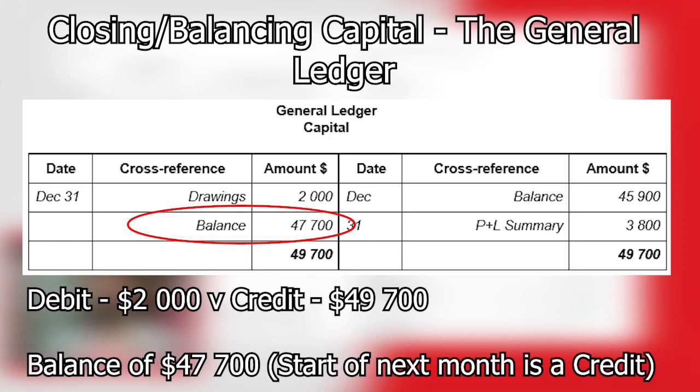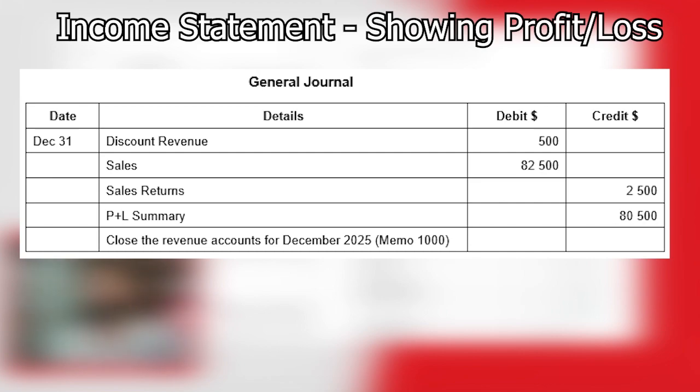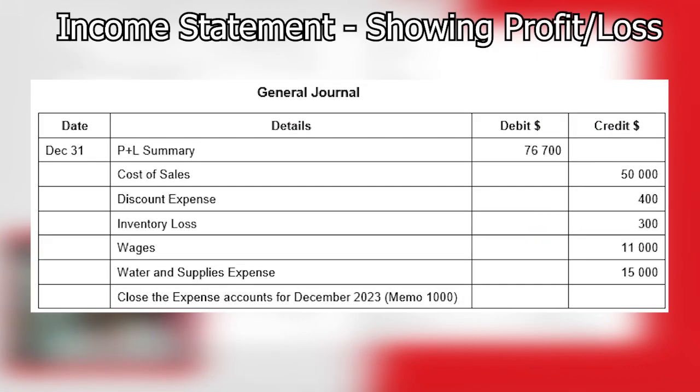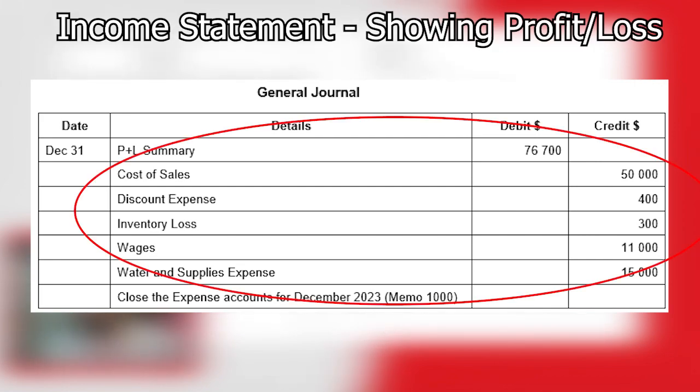So, what does an income statement look like fully formed? So you've got the sales revenue, discount revenue is all the information that will go in that revenues section, and that includes sales returns. Whereas expenses, that's going to include cost of sales, which goes in the cost of goods sold section, along with discount expense, inventory loss, wages, and water and supplies expense. So we've got that information there. And we convert that info that we've done from our general journal